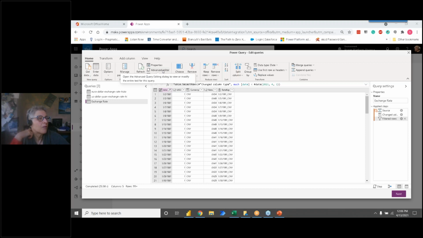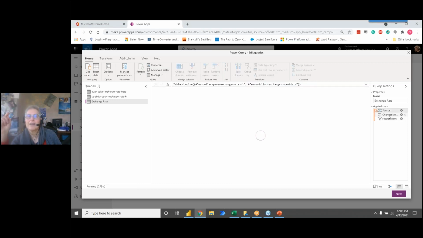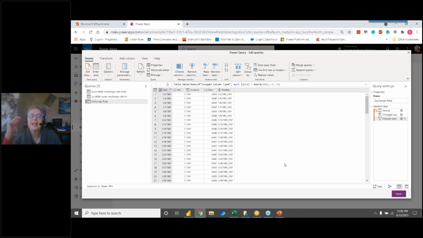If a query can't fold, can it still be used in a dataflow? Yes, it can. These aren't folding because this is an Excel source, so it's just not going to fold. Yes, it still can, but the deal with query folding is, if it won't fold, it's a place of inefficiency, right?